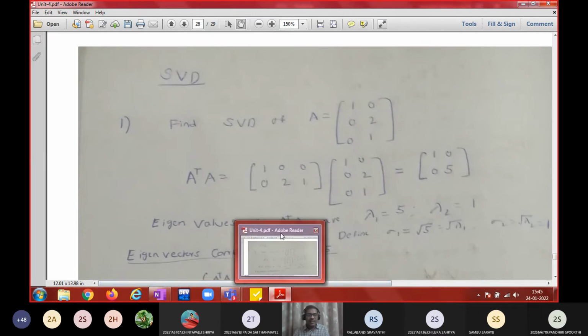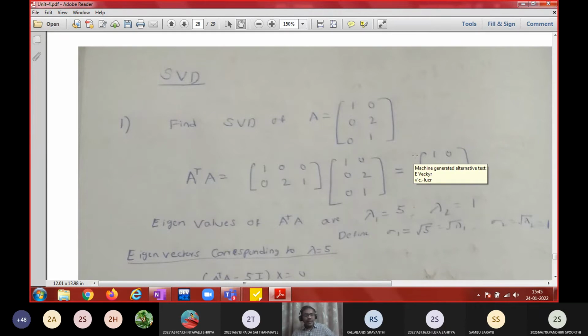That is what the algorithm says, right? First you compute A transpose A. What is A transpose A? A transpose converts rows into columns and columns into rows. So 1 0 0 is written in the first row, 0 2 1 is written in the second row. This is A transpose, this is A. I multiplied these two matrices and got a 2 by 2 matrix, which is a diagonal matrix, and I know